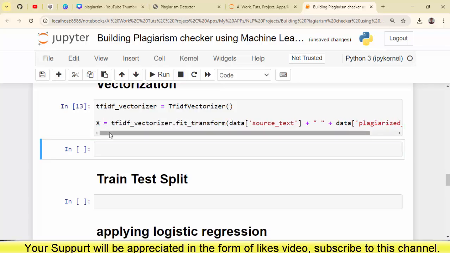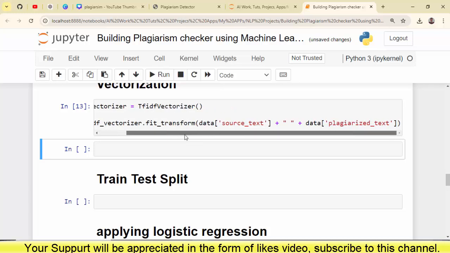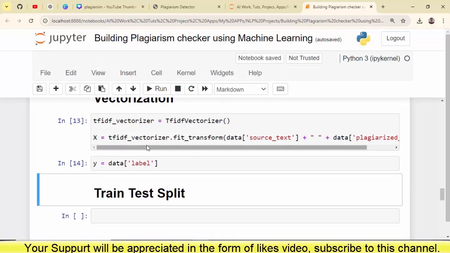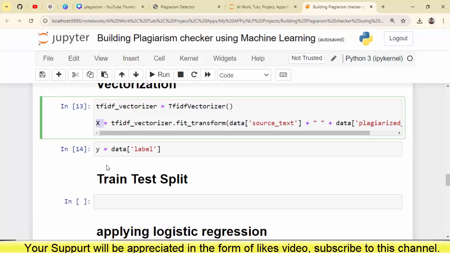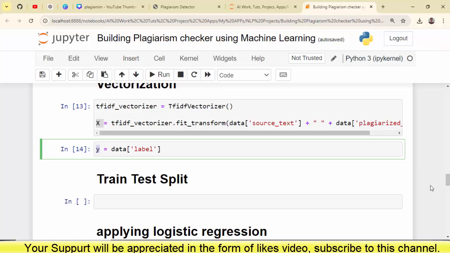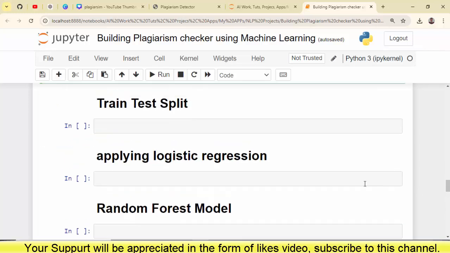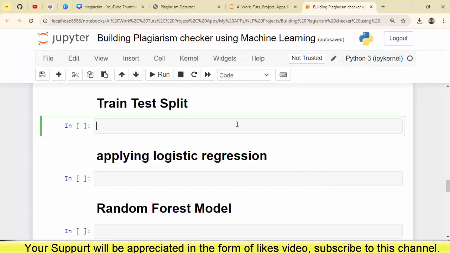So basically now we have converted all the textual data into numerical format by using TF-IDF vectorizer. Now let's create Y, our target, and we know that it's a label. Now we have input feature and we have target feature. We only need to do train test split. So for train test split we already have a function by the name of, but first let me create 4